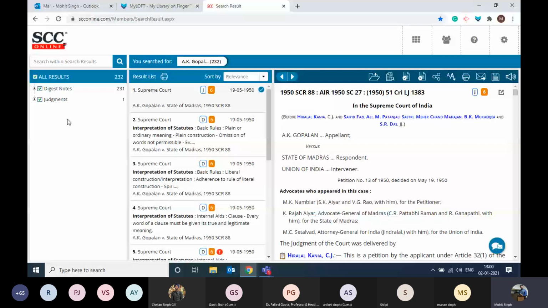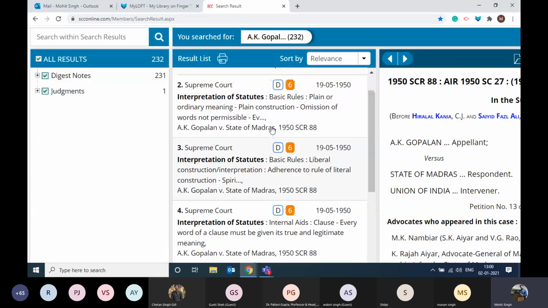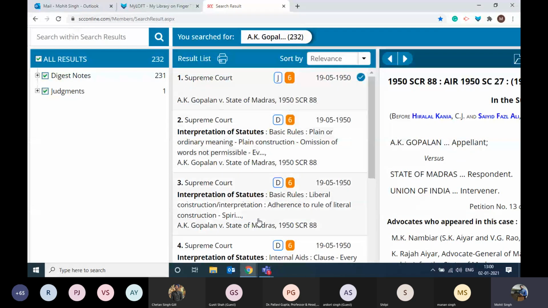Now please focus over here. We have opened only one judgment. But apart from this judgment, we are also getting many entries in the form of D6, D6, D6. What are these? Let me give you some information on that as well. Now J means judgment, 6 means bench strength. That is already clear. D means it is a digest note, and again, 6 means it is a quorum.